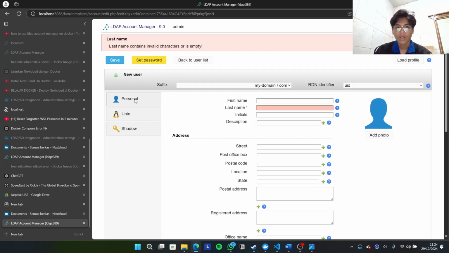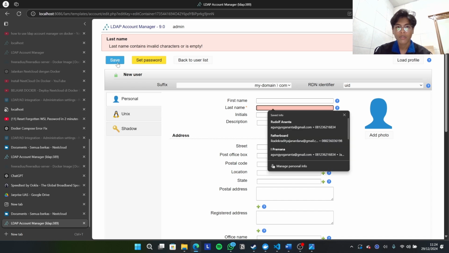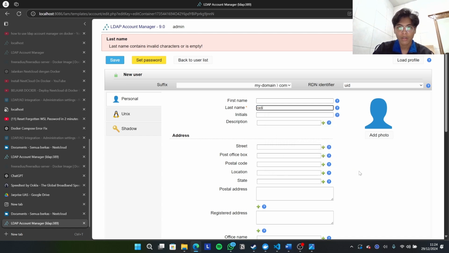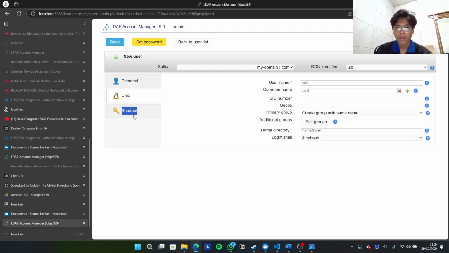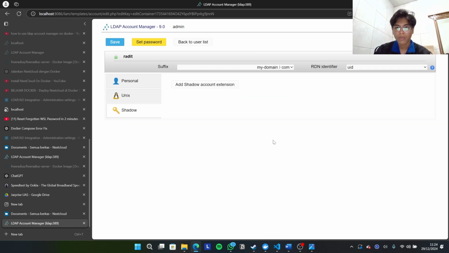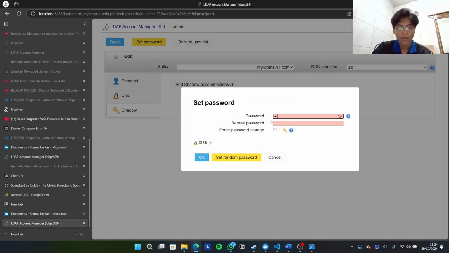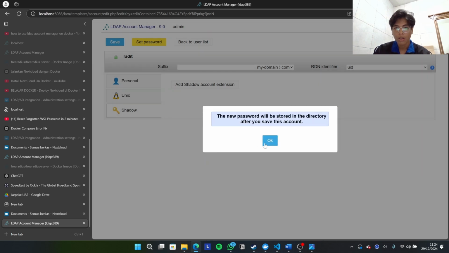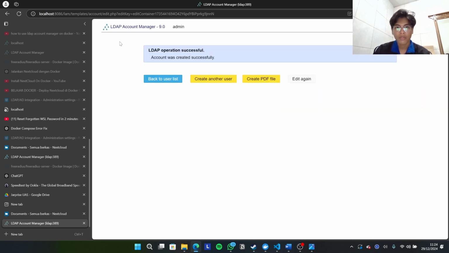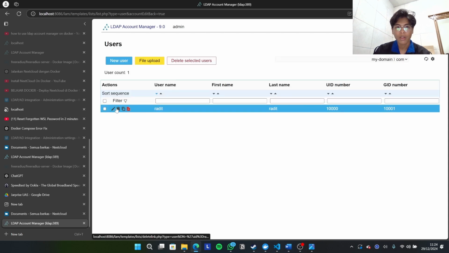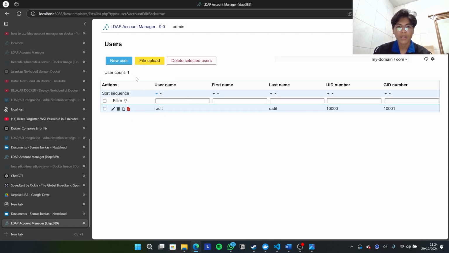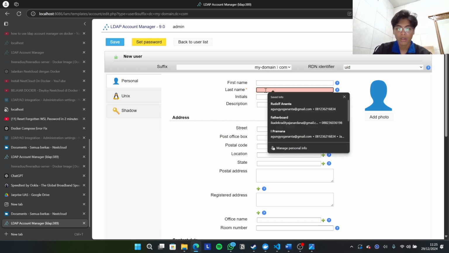Oh, sorry. I forgot to save after creating the account. Okay, and remove. Set the password. Okay, and then click OK. Don't forget to click save. Okay, we already created the username Radit, and I want to create another user, which is me.